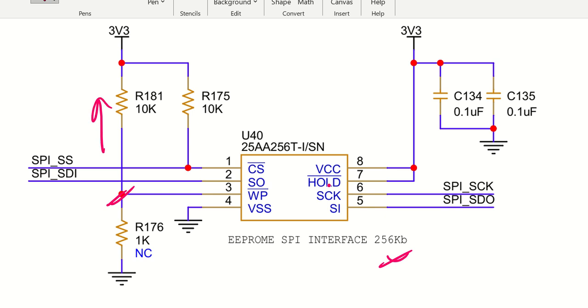If you want to control this, you can connect it through an IO. And once you want to disable it, you pull it down, so it will be disabled. You won't be able to write to it. Okay. So we have the slave select pin,